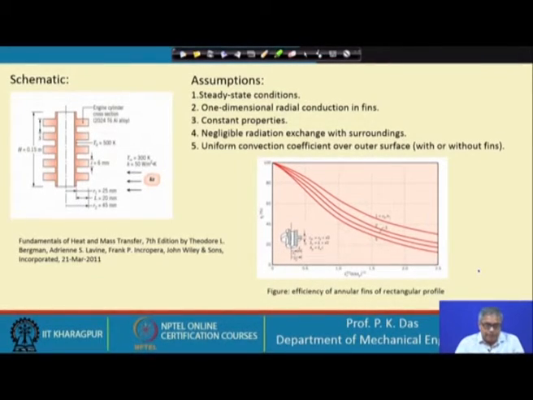I have told that primarily when there is a finned heat exchanger, inside there is a liquid and outside there is a gas. Here we can see outside there is a gas, but inside also there is a gas, that is the combustion product of the IC engine. So, different dimensions have been given: the total height, diameter, length of the fin, and the fin thickness. Then the fin spacing also we can get from this. So, these are the given data of the problem.